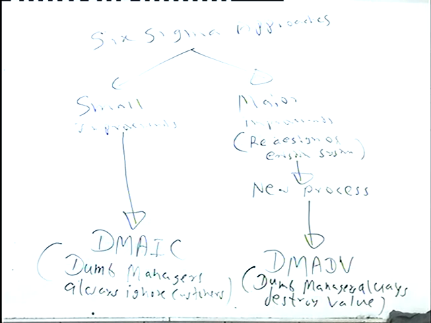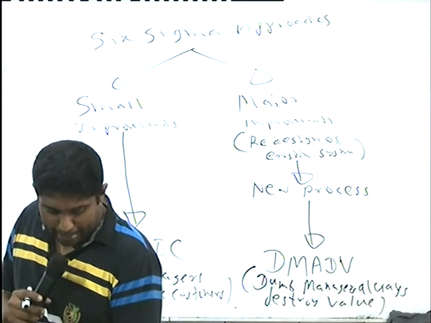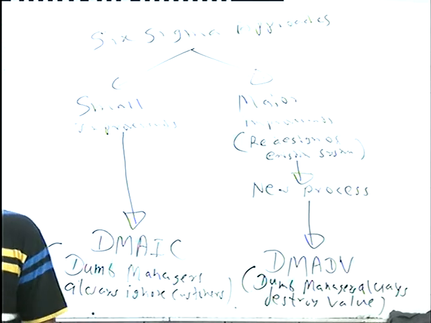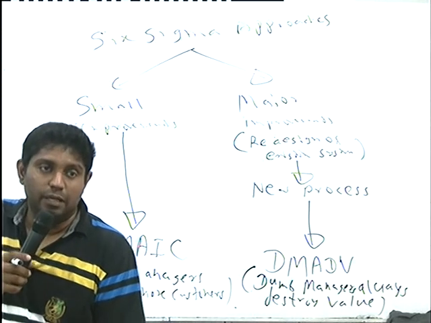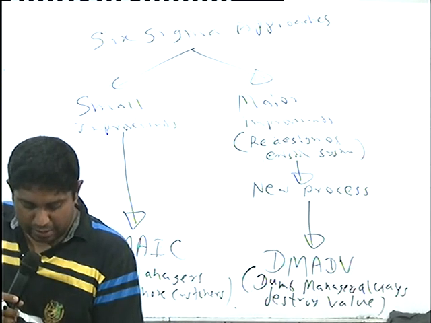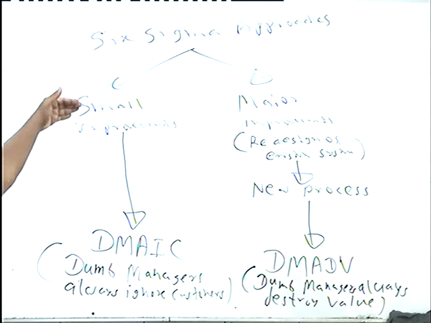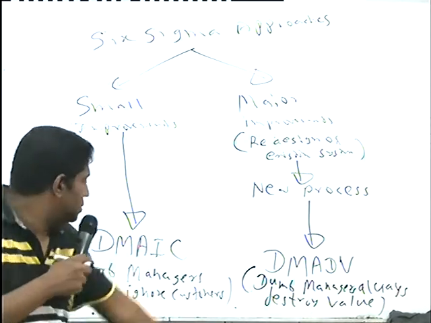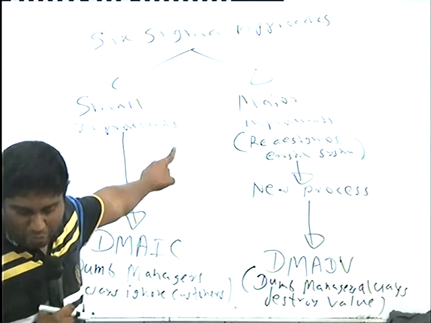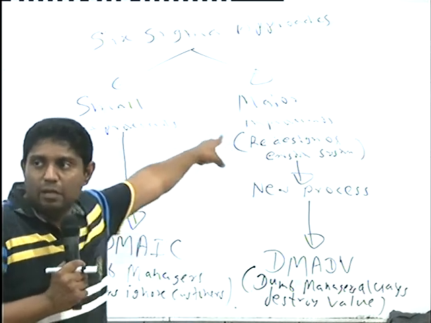Look at the notes. The Six Sigma approach differs slightly between, first one, making improvement in existing processes where the required changes in the process are fairly small. Small improvement in existing processes. That's the perception. Second one, the design of a new process or major redesign of an existing process. Major redesign, major improvement in existing process.